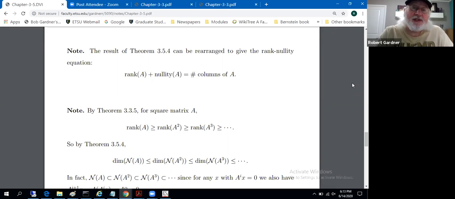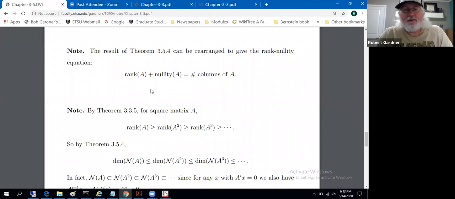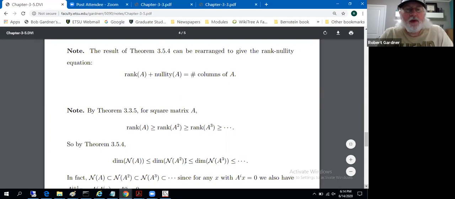You might find bases as well. I don't think we've touched on a basis for the null space or a basis for the column space. We certainly have the equipment to deal with it, but I don't think we pointed at problems that dealt with that specifically. But the rank nullity